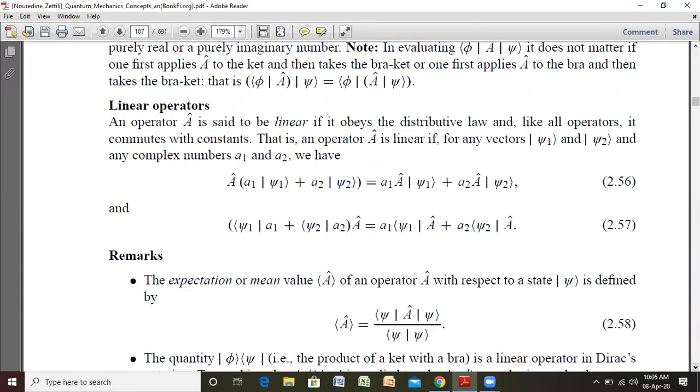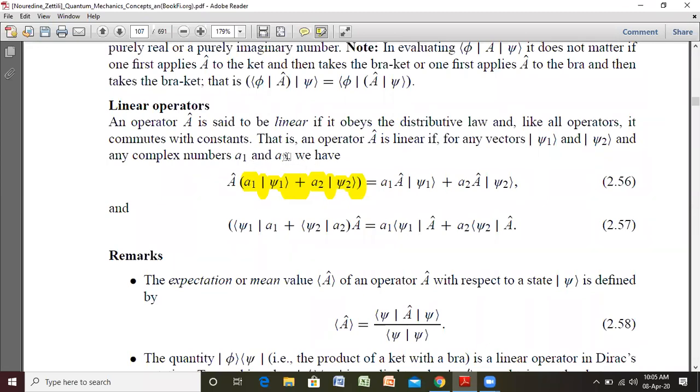For example, you have a wave function psi. It may be the combination of two substates psi 1 and psi 2 with the multiplication of some scalar values. Like in this situation, we have a state like this, as I have highlighted in the text. You may see that this whole thing is a wave function psi, and this is a linear combination of psi 1 and psi 2. Psi 1 and psi 2 are, you can say, substates of a particular system, and they are